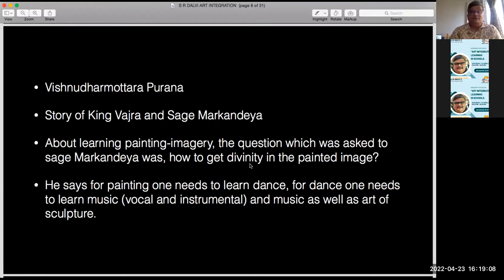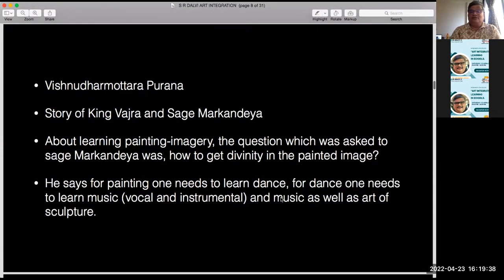कारण आज जर तुम्ही कोणाला सांगितलं की तुम्हाला चित्रकला शिकायची असेल तर तुम्हाला पहिल्यांदा डान्स शिकायला पाहिजे, डान्स शिकायला पाहिजे तर तुम्हाला त्याच्याकरता व्होकल आणि इन्स्ट्रुमेंटल म्युझिक शिकायला पाहिजे. ते म्युझिक शिकण्यासोबत तुम्हाला स्कल्पचरही यायला पाहिजे, तर तुम्हाला पेंटिंग येईल. तर ज्याला पेंटिंग शिकायची इच्छा आहे तो आजच्या काळात म्हणेल की बापरे, मला एवढ्या गोष्टी शिकायला लागणार असेल तर मी नाही शिकणार पेंटिंग. पण आपला जो प्रश्न आहे,